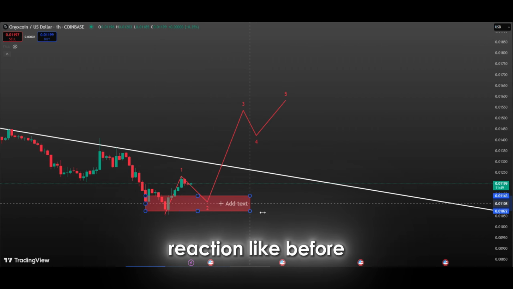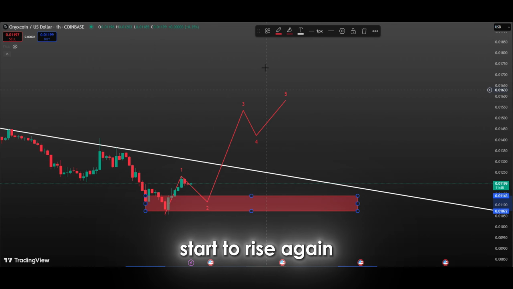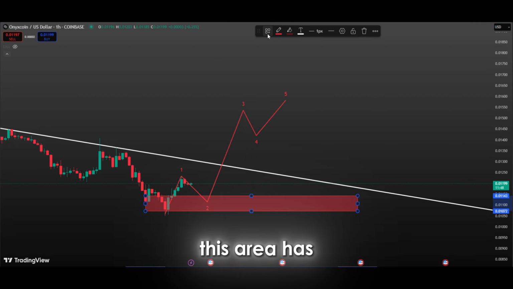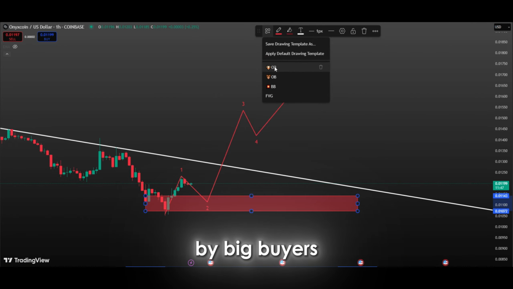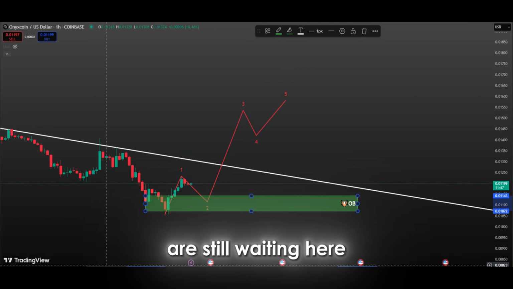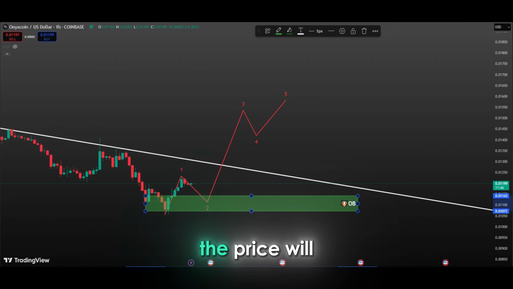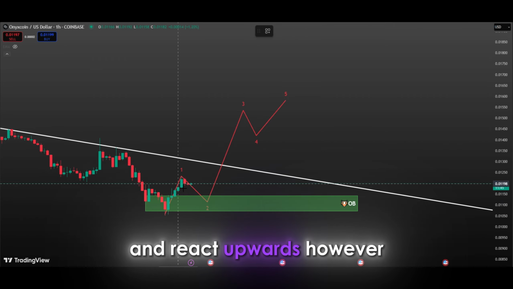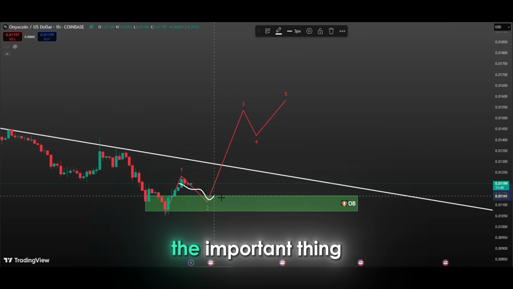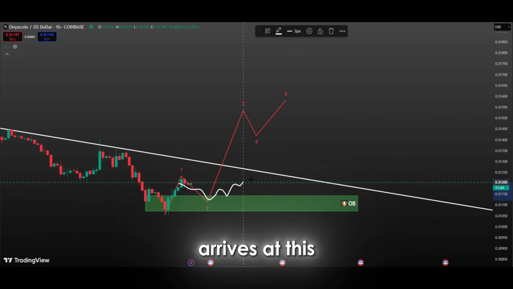strong buying reaction like before, the price may start to rise again. This is because in the past, this area has been heavily traded by big buyers. If these buyers are still waiting here and continue their buying, the price will find support at this level and react upwards. However, the important thing to note here is how the price arrives at this order block and how